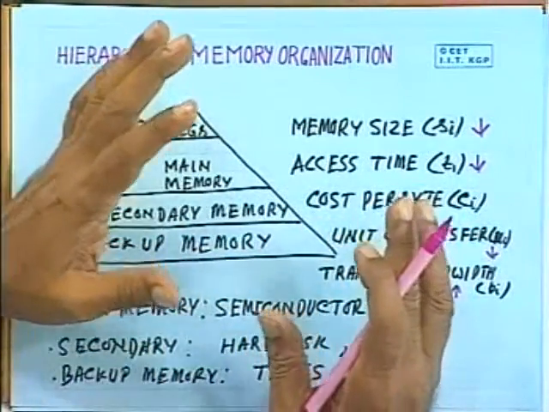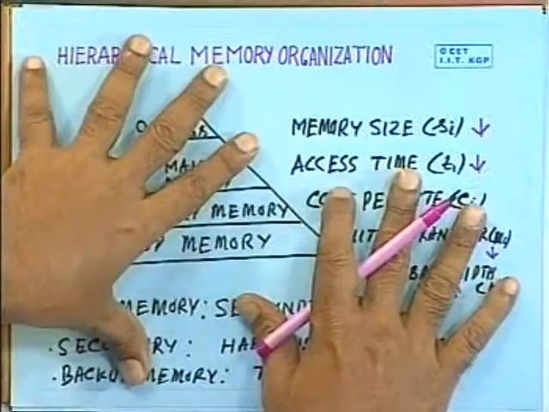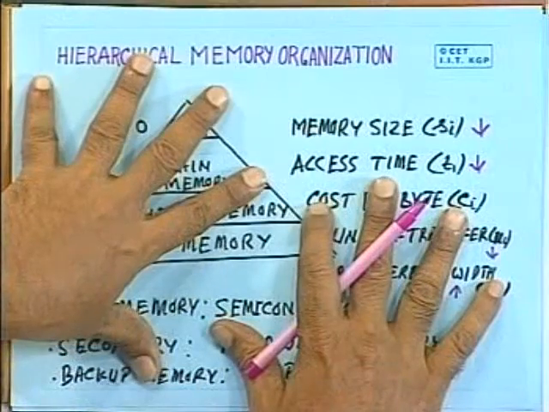Let me try to explain this hierarchical memory organization with an analogy. Say the book you issue from the library. As you know, in a semester you get a few books which can be issued from the central library. The books which you issue can be kept in your drawer, and at a particular instant you will read one book which you will keep on the desk. The book you are keeping on the desk can be considered as the main memory. That means all the reading that you can do is the book which is on the desk.